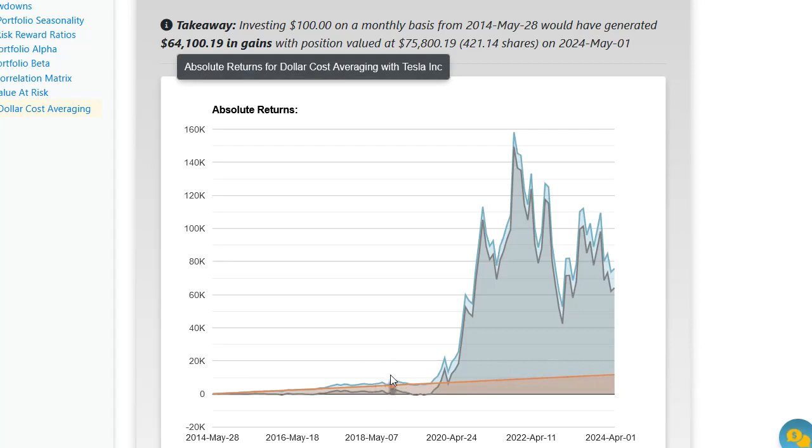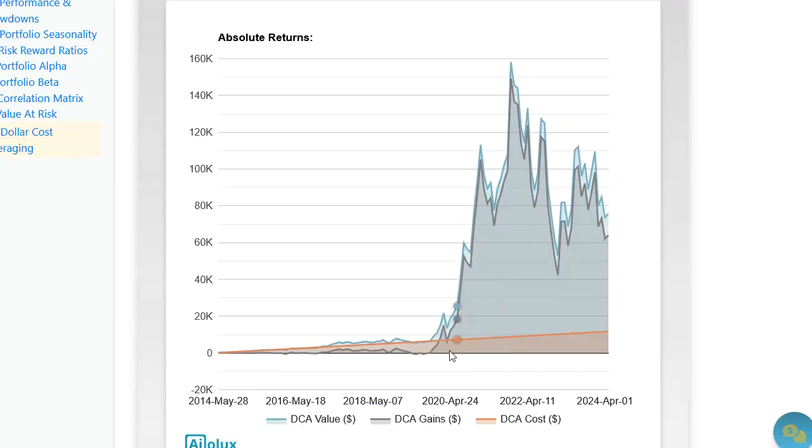And maybe it's not even that bad, right? Because now you see here, this top line is actually the position size, and after only 3 years of the dollar cost averaging strategy, you would have been in positive, right? That's why I say never put all your eggs in one basket.